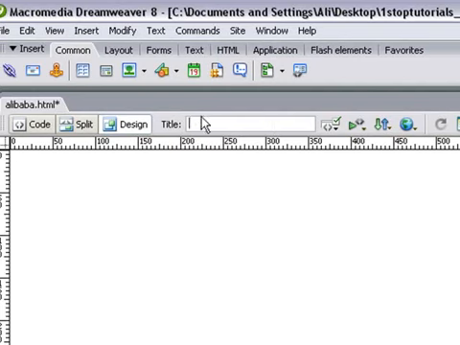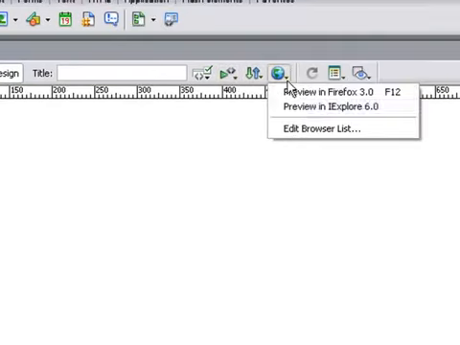This is what helps you get ranked in Google and gives a good title to the page. These are tabs to validate your actual documents and make sure that your HTML code is clean. You then have your preview. Preview allows you to view it in different browsers. I have Firefox and Internet Explorer, but you could go to